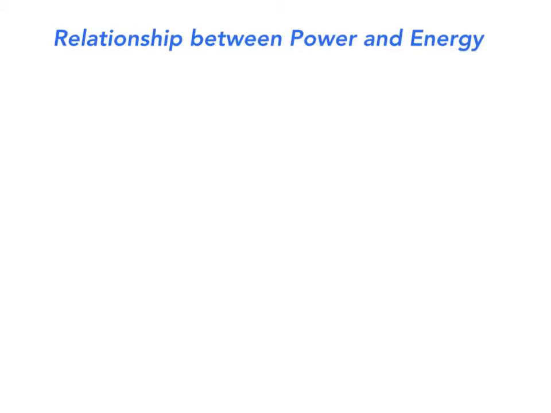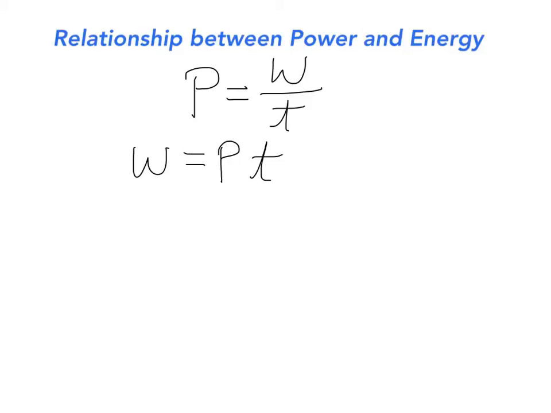Okay, the last kind of problem that they'll ask us about are problems where they want to know how much energy is supplied to a circuit by a battery, or how much energy is lost through a light bulb. So I need to think about the relationship between power and energy, and those are related primarily through this formula. Power is work or energy, remember the W means energy also, over time. So if they say, well, how much energy is used up, that's just simply equal to the product of power times time. But I do have to remember that if I want this answer to be in joules,